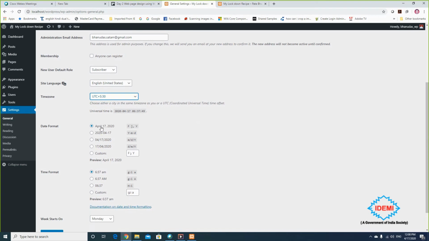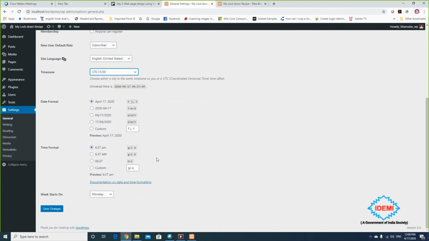It's showing a date format with the month in words, and day and year also. So you can choose as per your requirement, and you can choose a time format also, AM, PM, without AM/PM, and you can create your own custom one. There is also a week start.